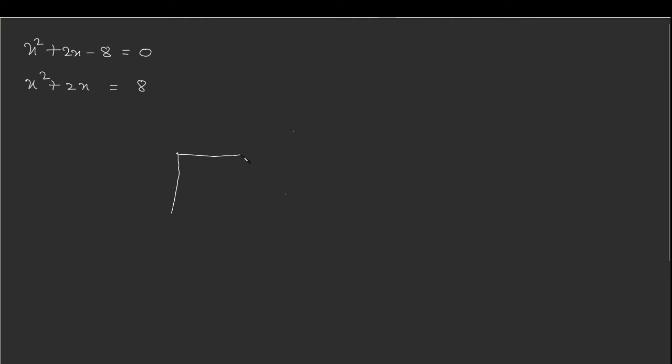I am drawing the square. This is approximately shape. It's a square which has side length x and x units. So x into x, x square. So first term is completed. So next term is 2x, right? So I have to represent this as rectangular shape. So this has the side length 2 units and x units.